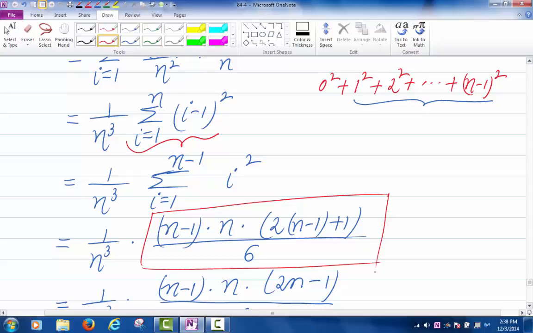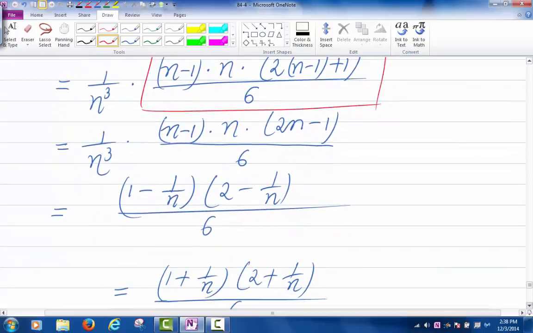So my formula changes by n minus 1. So I get n minus 1 times n times 2 times n minus 1 plus 1, divided by 6. And you have to simplify that, do the same trick, factor out n, and cancel out n cubed. If you do that, at the end, what you're getting